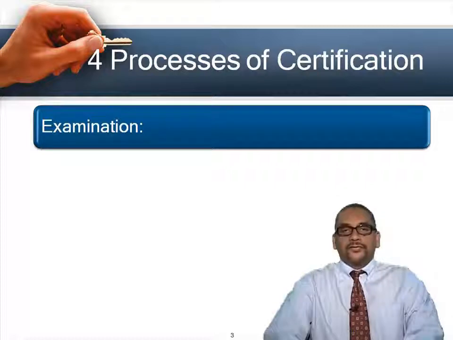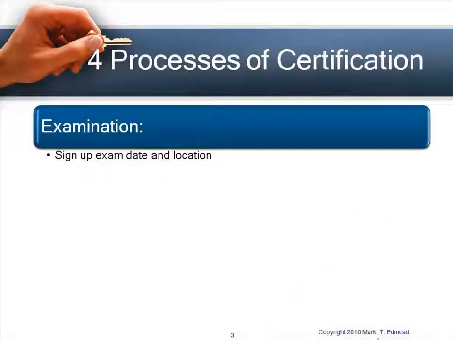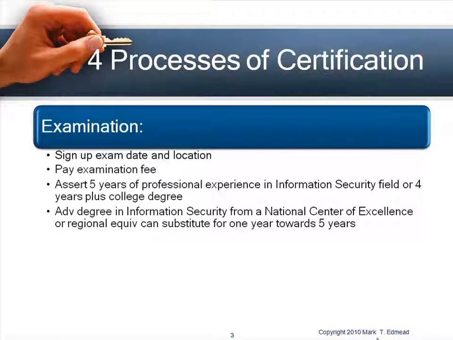There are 4 parts of the certification process for the CISSP. The first part is the examination. This part is where you actually sign up for the test, where you select the exam date and time. You can go to isc2.org for that information. Then you have to pay the examination fee. There's also a part where you have to make sure that you have the right experience and background to sit